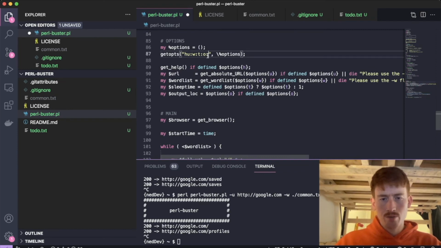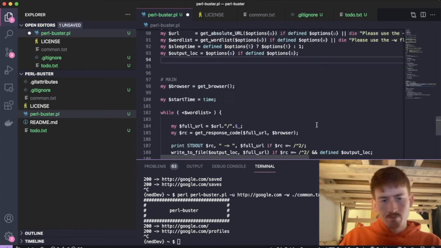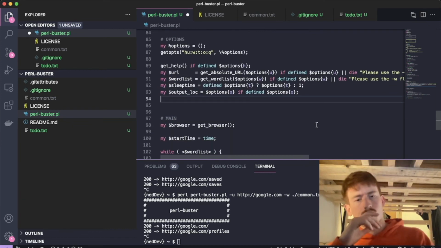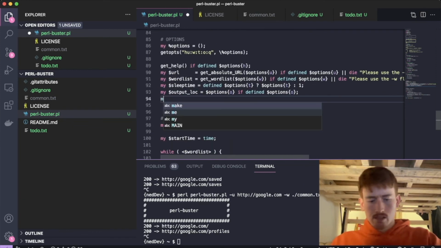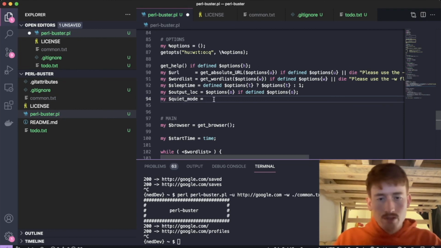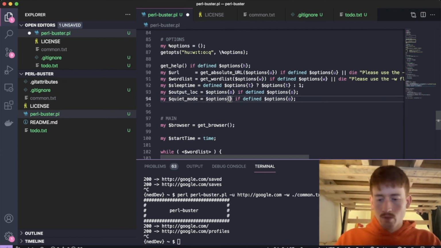So we come up here and we say just Q, and then say my quiet mode is equal to this with the Q,